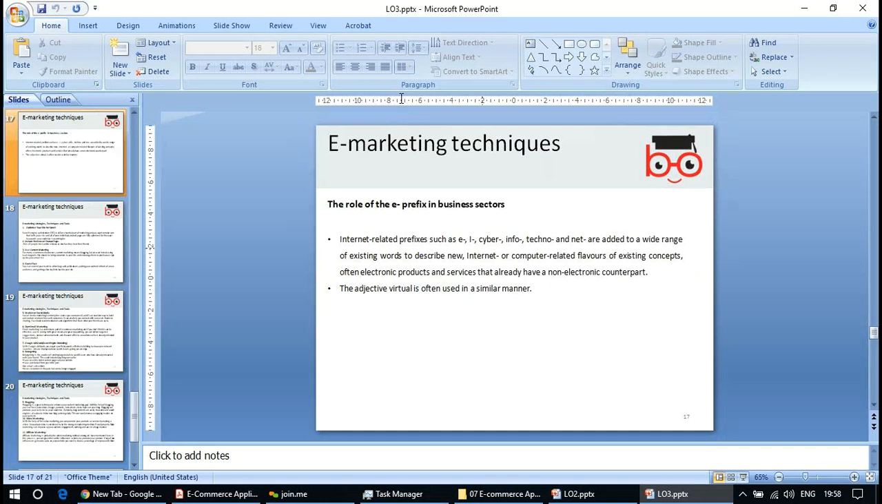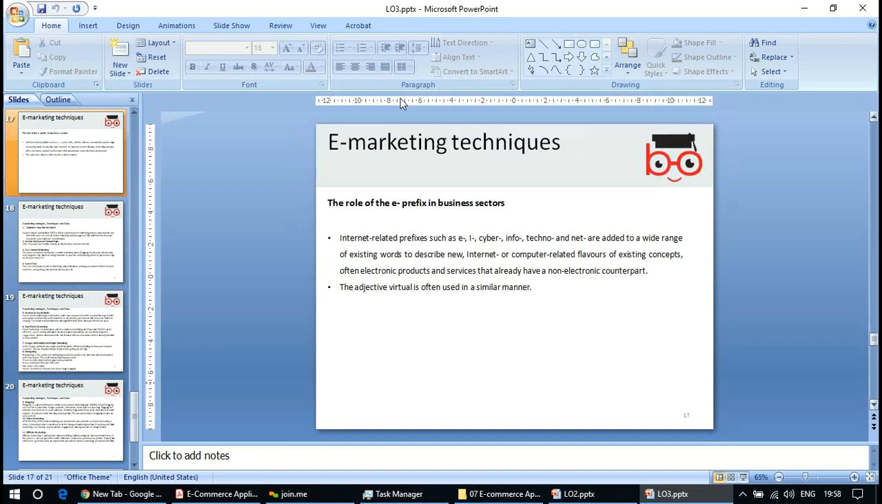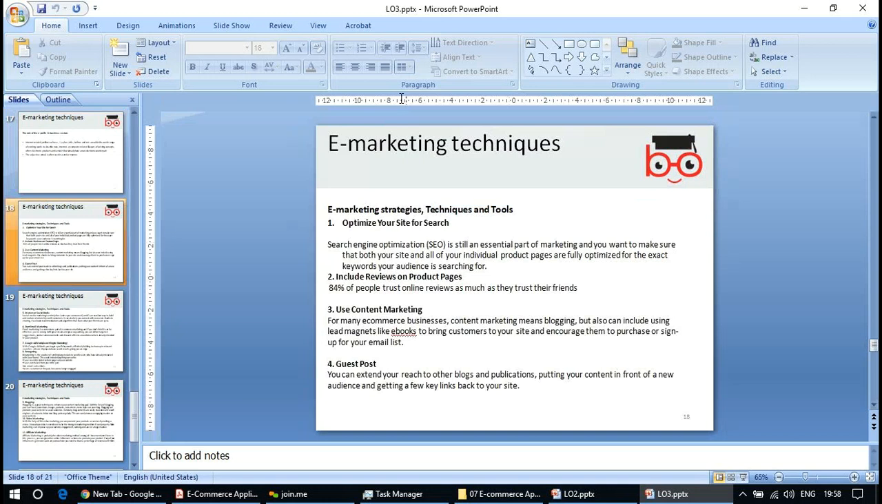Role of e-prefix in business sector. Like IE, and I for information, and C for cyber info and these things. So E is for electronics, and mostly for the internet. So let us see the email marketing. The next is just a definition about the E, nothing new. Now the last topic is